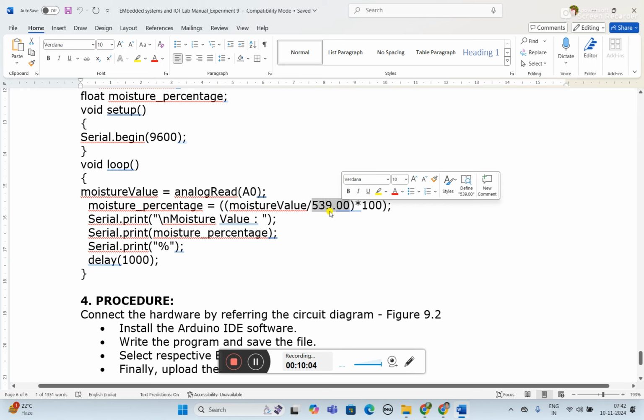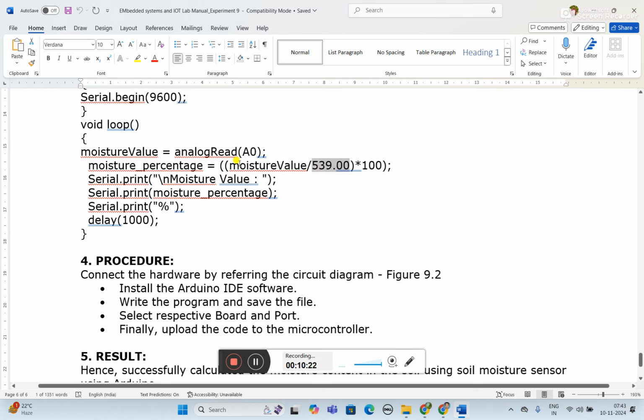The constant 539 is assumed to be the maximum value for the sensor output under dry conditions. So we are dividing by it and converting it to a percentage. Whatever moisture value is read by the sensor, that value is divided by 539 and multiplied by 100. After that we use the code Serial.print, which